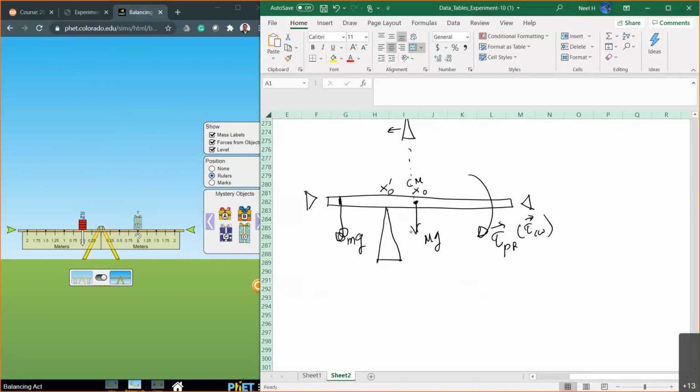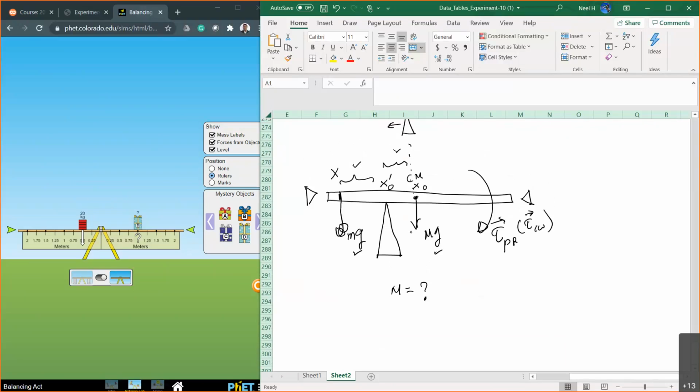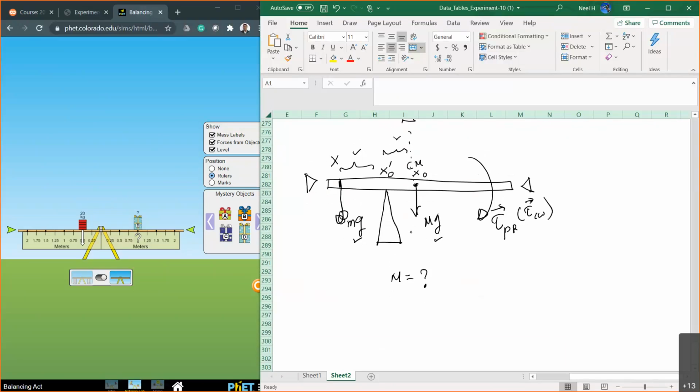Now, all I have to do is, this distance I can find, right? This separation, and I can find this separation. Let's say this point is x. So if I know those two separations, then I know these two forces. Then by using that, for example, I can estimate the mass of the meter ruler. That's the plan. To do that, you have to write the force balance, torque